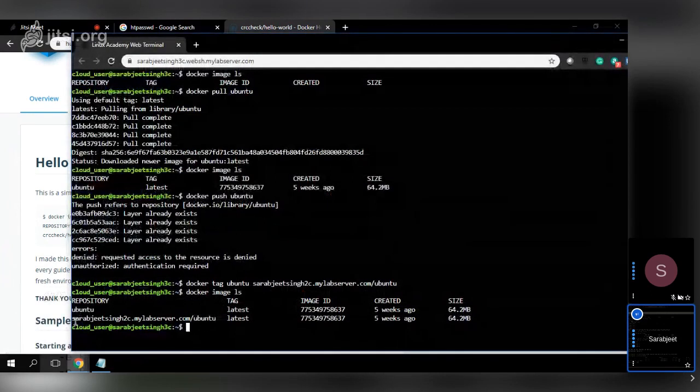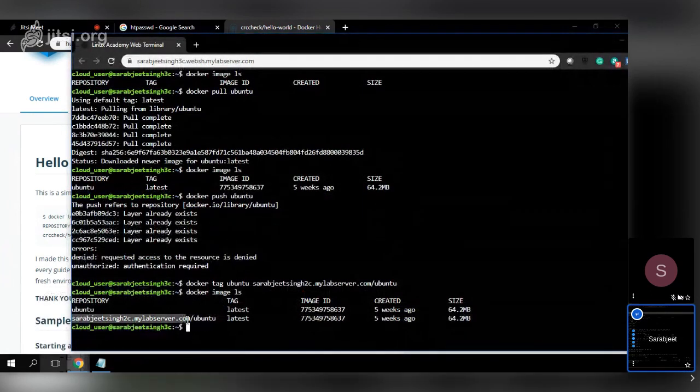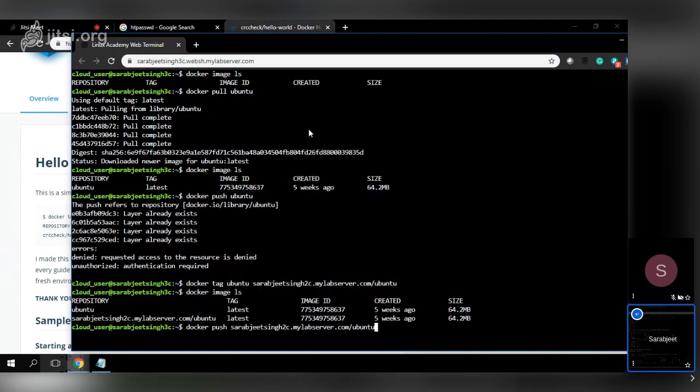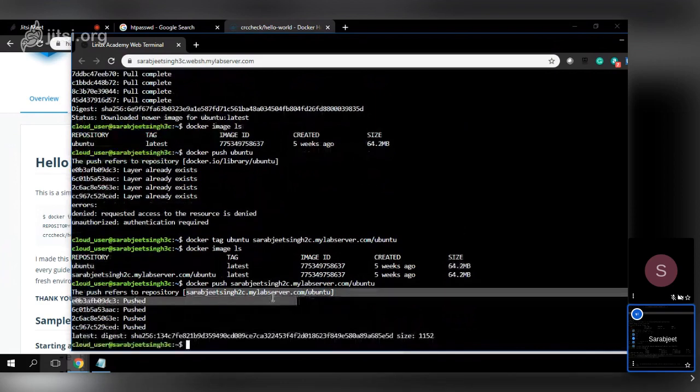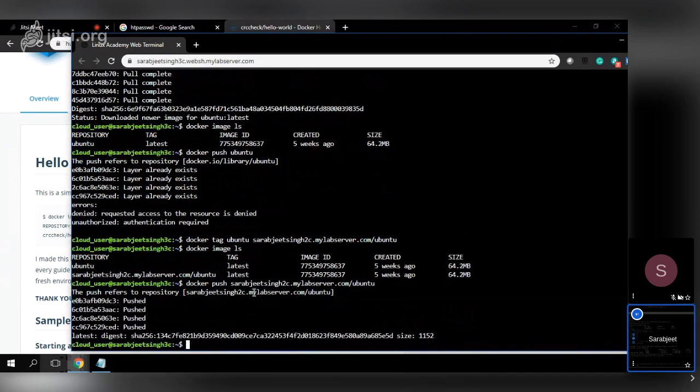So I want to reroute this push to my own registry, so I have to retag it with my registry name slash image name. The image name is Ubuntu actually. We have just retagged it. So now if I push with docker push and then the name, now you can see here it is changed. The push refers to repository Sarabjit Singh 2c dot